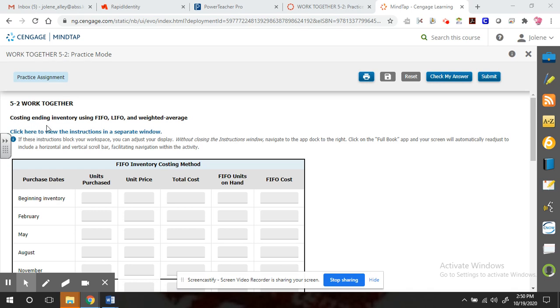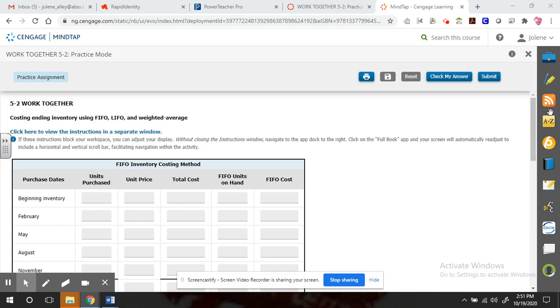5-2 is teaching us how to figure out the dollar value of your ending inventory. In our North Carolina curriculum, this is 2.01, but in the book it's 5-2. You can find this on page 151 of your book. This first part is FIFO, which is first in, first out inventory